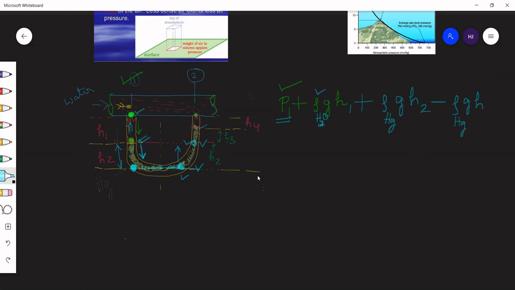How much distance again have I traveled extra? H2. Okay, so now from here, again I will move here. Further distance I will travel. So when I'm moving up, I'm decreasing my pressure: h, mercury, g. What is the distance I have traveled? This much. Again from here, finally I come out of this hole. Now I'm in my final destination. How much have I covered? H4 distance. Now, again, I'm going up, vertically upwards.